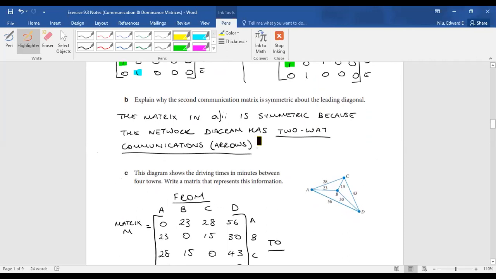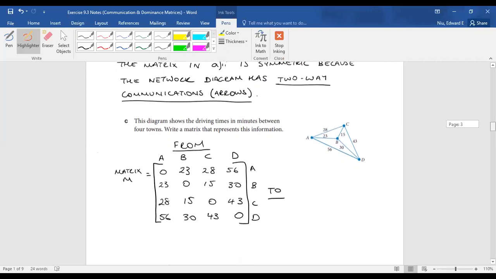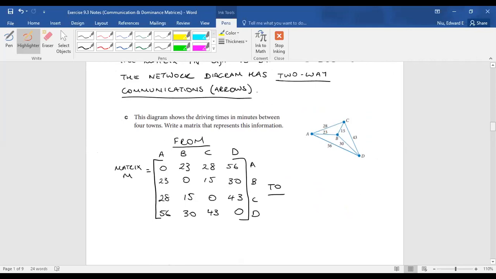Okay, because the diagram has 2-way communication arrows. That's always going to be the case. Part C, this diagram shows the driving times in minutes between 4 towns. Write a matrix that represents this information. So your first step is you've got to draw the matrix